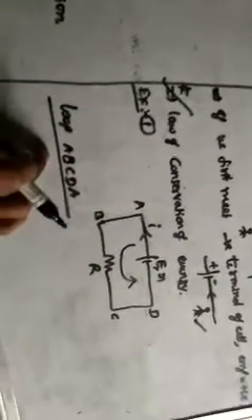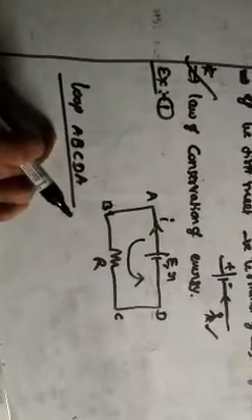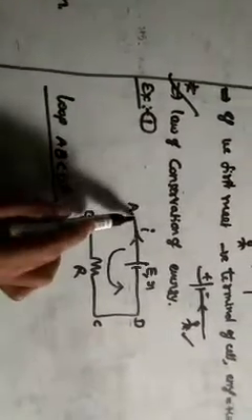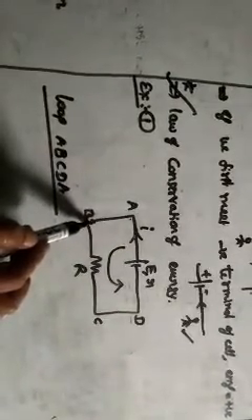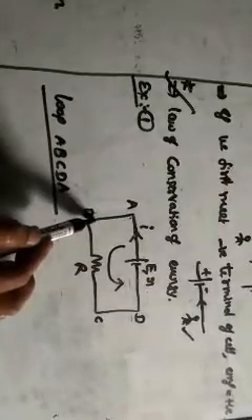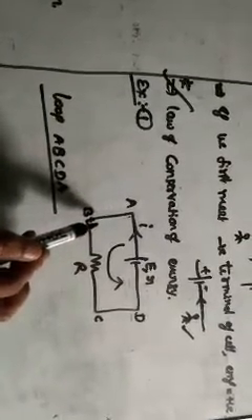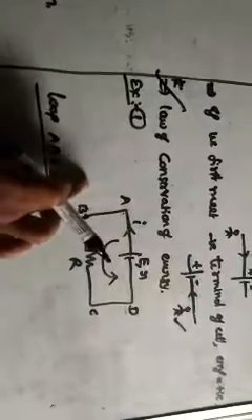A to B. So this is the loop direction. Loop direction is A, B, C, D, A. Means you started from A, ending at A again. Starting point again फिर से आया ना, so it is called a closed loop. I told you this closed loop direction is our choice. Any direction you can take, clockwise, anti-clockwise. Now from A to B, there is no resistor. So to apply the V equal to IR formula, you can't apply it. So no potential difference from A to B.